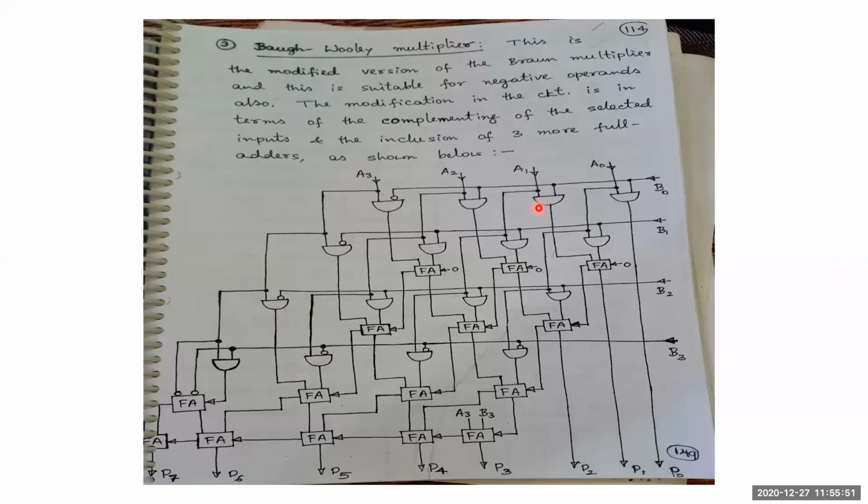So this is regarding the Baugh-Wooley multipliers. This is the constructional part of the Baugh-Wooley multiplier. In the next class, we'll see in detail, with an example, what is called the Booth algorithm, how the Booth algorithm works, and whether any modification is done to the Booth algorithm in order to get the operation.